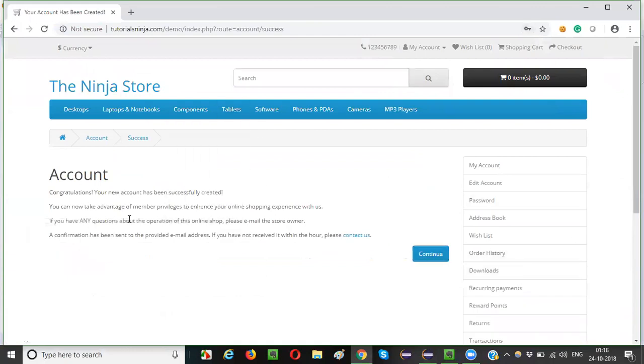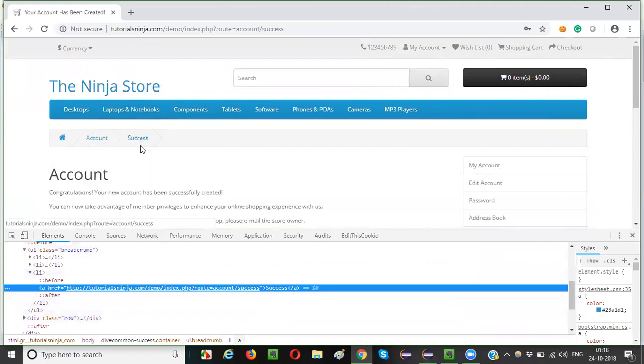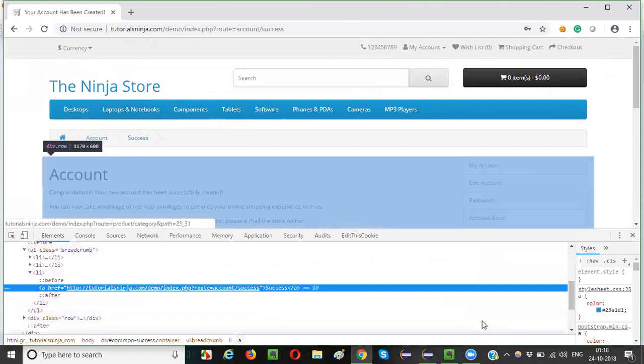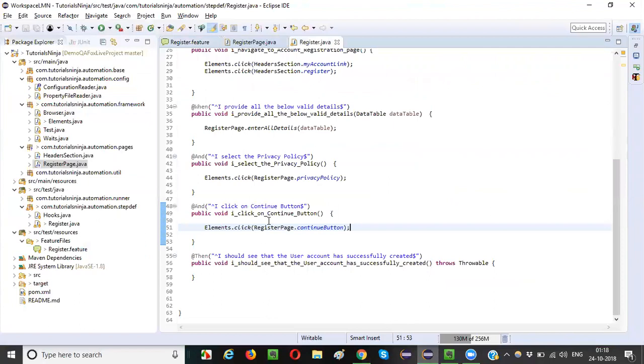When the account is successfully created, you will be taken to the account success page. So if I verify in the automation code whether this success option has come or not, and if it has come, that means that my account has successfully created, right? I will just check for this success option. For that, guys, I have to implement this. I should see, right? So simply go here,